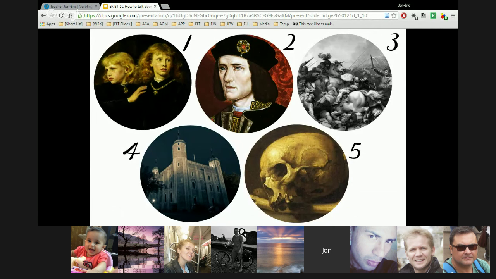Ahmed, what do you think about the first picture? Let's see how that adds to the mystery. Who are those people, do you think, in the first picture? I think they are maybe the kings or the empire's children. So if they're the children of kings, then those are princes, if they're boys. Yeah, princes. Okay. So the princes.